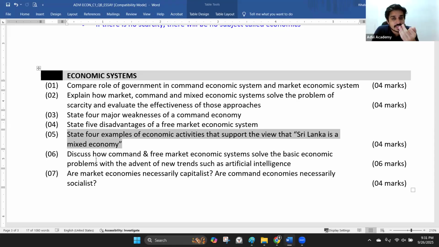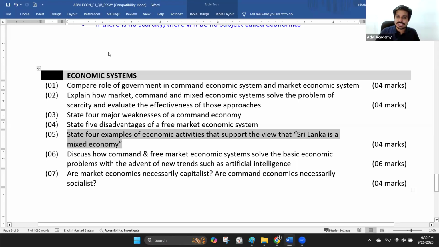The government owns a lot of property, and all the main important essentials in the country are state owned, like transportation, energy utility, electricity, water, healthcare, education. These are all examples you can give saying Sri Lanka is actually, we are called the Democratic Socialist Republic of Sri Lanka. That's our name. So we have socialism right there inside. So we are a mixed economy. Okay, so we'll come back to this.